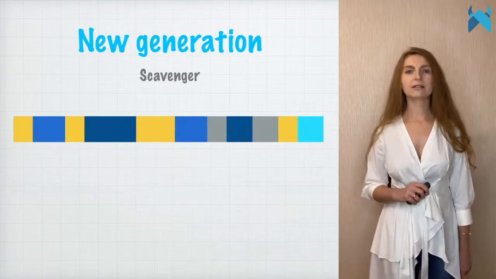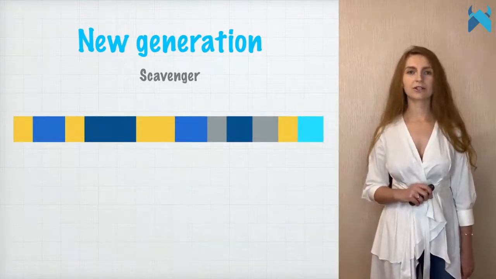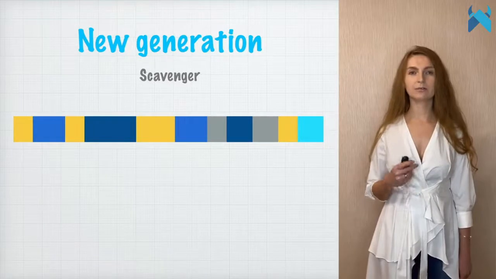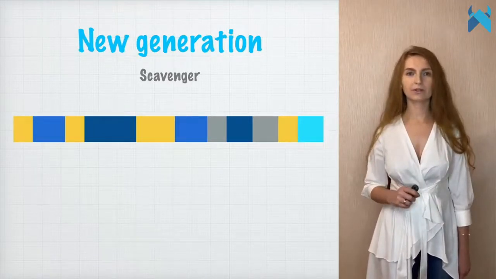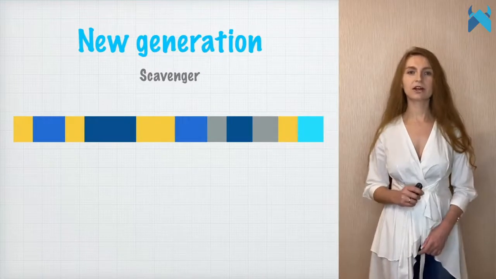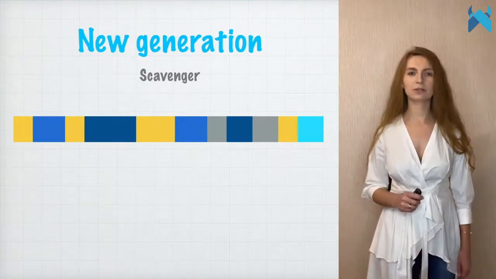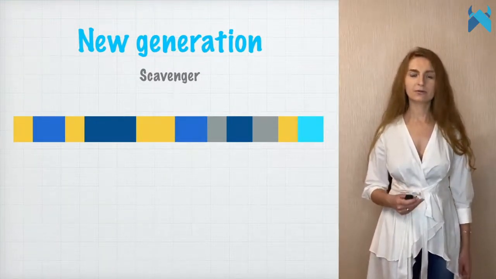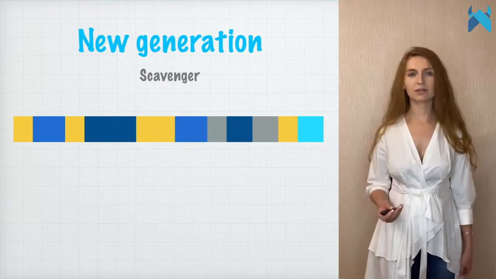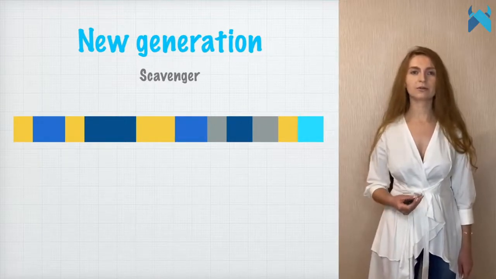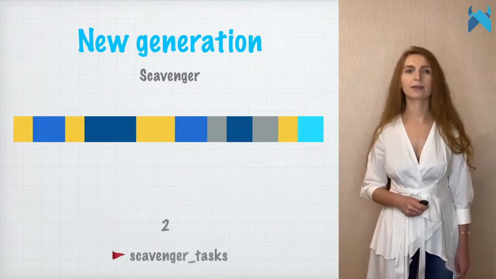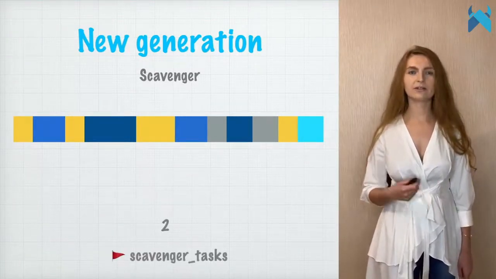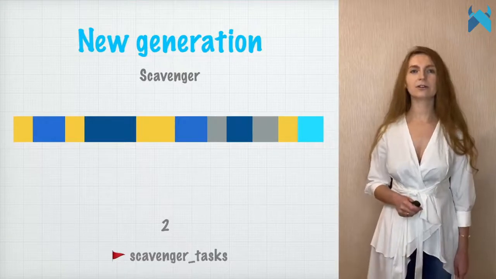The last thing I'd like to mention about the new generation is why the scavenger is called parallel. By default, there might be several worker threads competing with each other to do the job of moving an object from semi-space to semi-space, or promoting the object from the new generation to the old generation. The number is defined with this flag, and by default there are 2 of them.